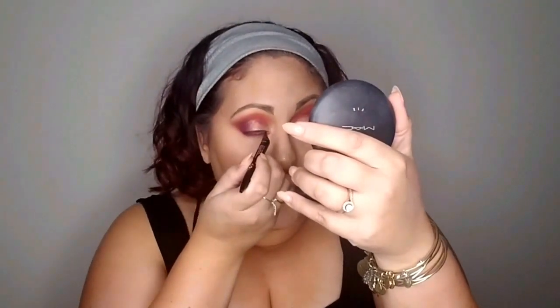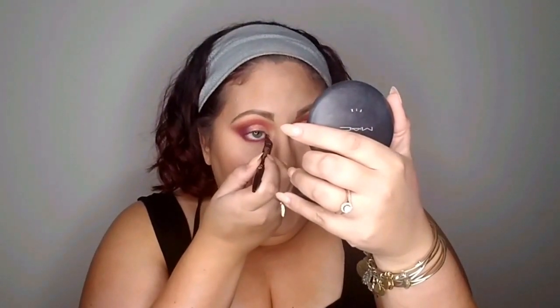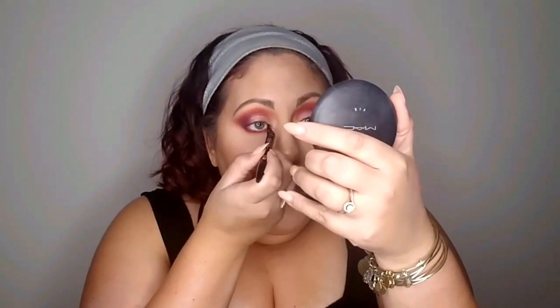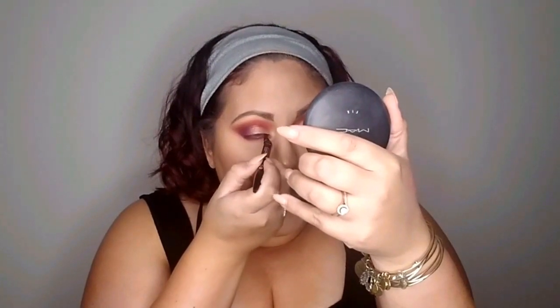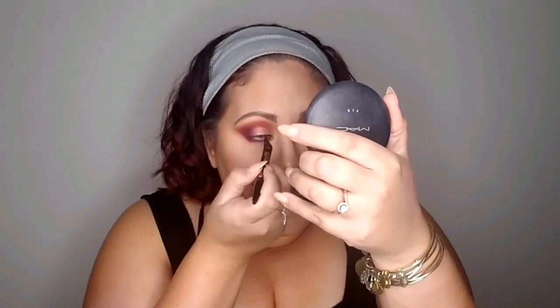But basically with this liner, you have these little arrows that tell you how to turn the liner. So you're just going to screw the cap right off. Don't pull, because I tried to do that and didn't get anywhere. And then it's your choice of how you want to hold it as far as your angle. When I do the winged portion, I like to flip the curve up, but then when I line across the top, I like to curve it down. So I like to start right in the corner and really get into the skin where my lashes kind of meet my eyelid,